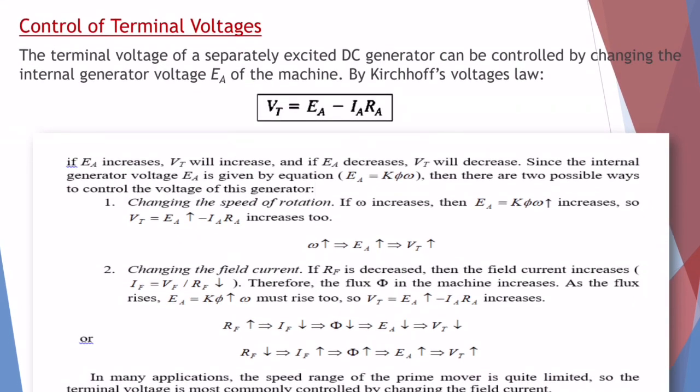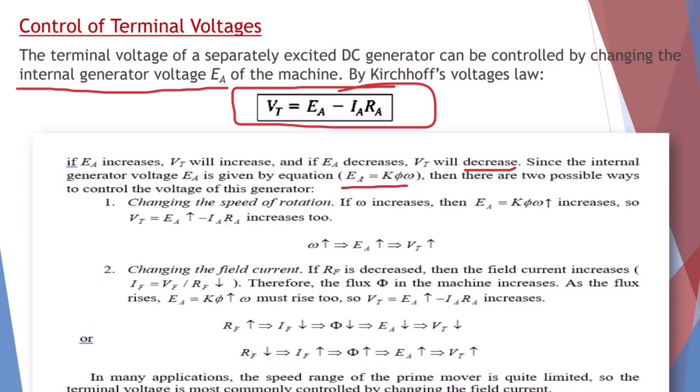How can we control the terminal voltages for this type of generators? The terminal voltage of a separately excited DC generator can be controlled by changing the internal generator voltage EA of the machine, by Kirchhoff's voltage law. We have the same equation here, VT equals EA minus IA RA drop. If EA increases, VT will increase, and if EA decreases, VT will decrease. Since the internal generator voltage EA is given by the equation EA equals K flux omega,